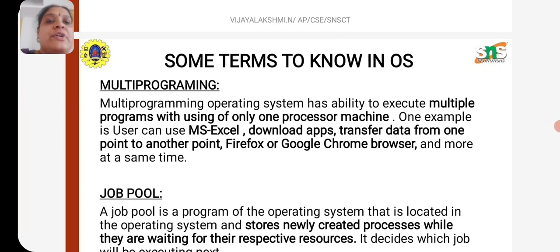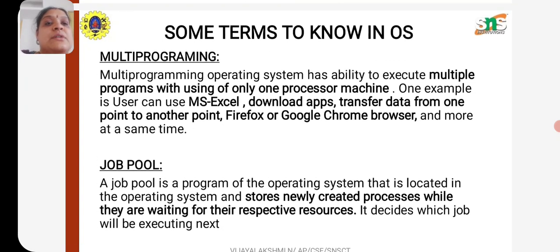In this video, we are going to see some terminologies which we want to know before knowing about the operating system. The first thing is called multiprogramming. So, what is multiprogramming? By the name itself, I can say n number of processes can be given to n number of processors. So it has the ability to execute multiple programs using only one processor